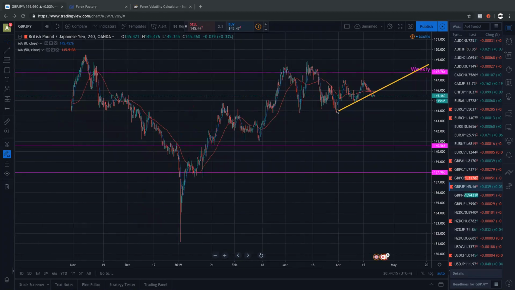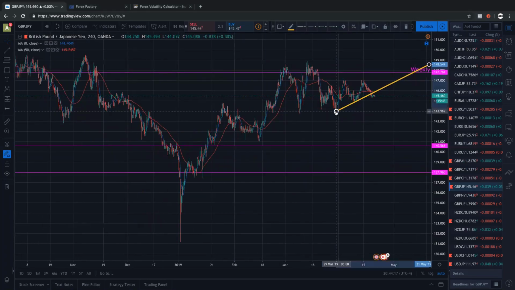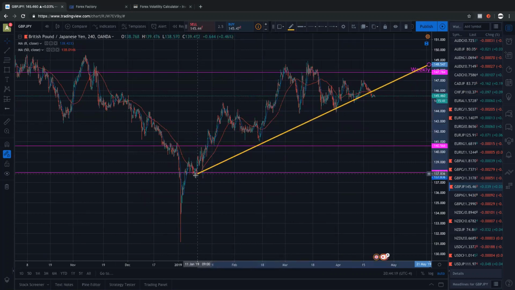Okay, so looking at this area here, right? So right now,